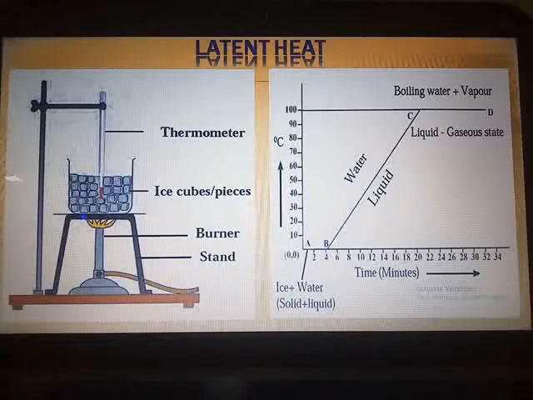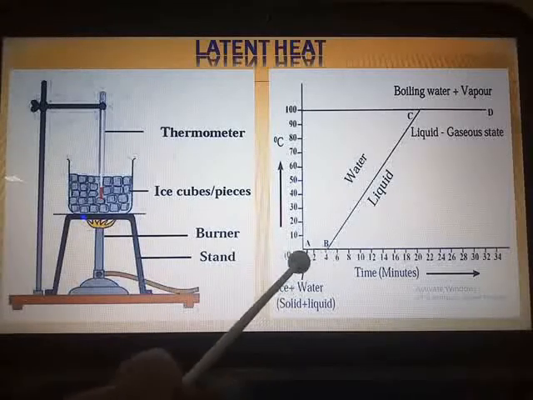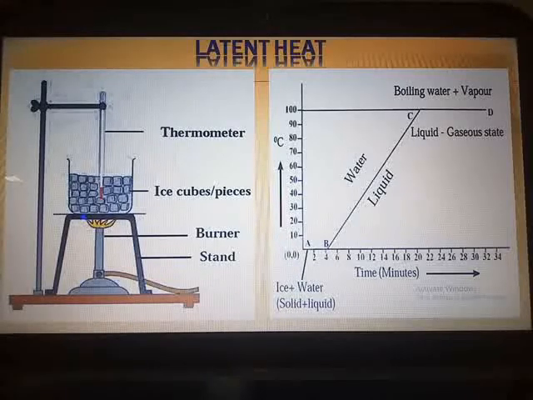Look at the first part. The temperature of the mixture was at 0 degrees Celsius till all the ice had melted, and now the temperature of the water remains constant at 100 degrees Celsius till all the water has been converted into steam. And now the graph of temperature versus time is plotted over here. In this graph, what you observe, you can see here this line AB. This line AB of the graph represents the conversion of ice into water at a constant temperature. At what temperature? 0 degrees Celsius.